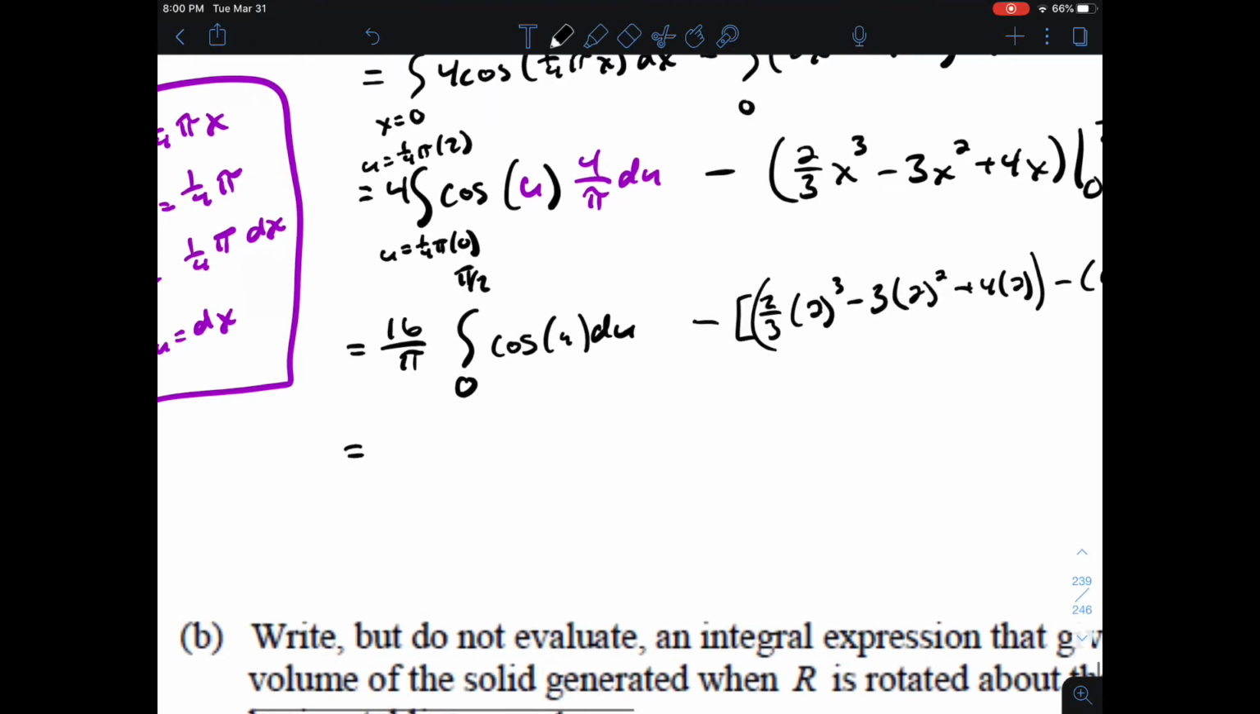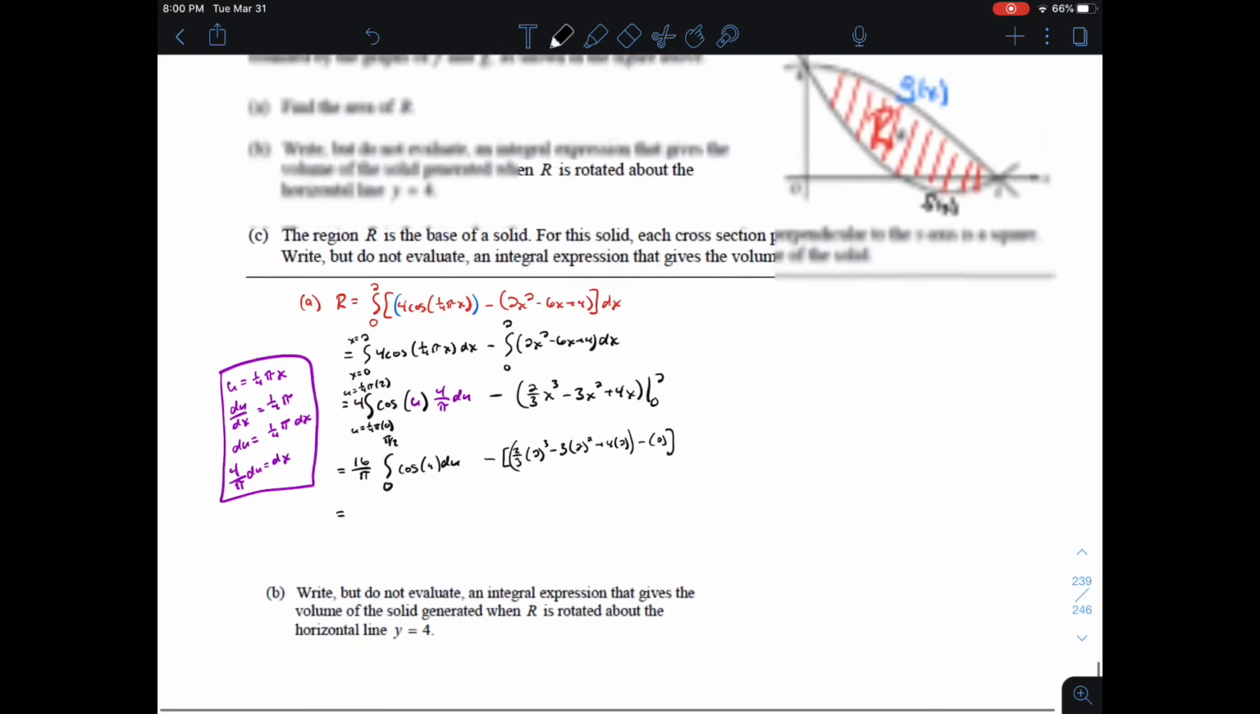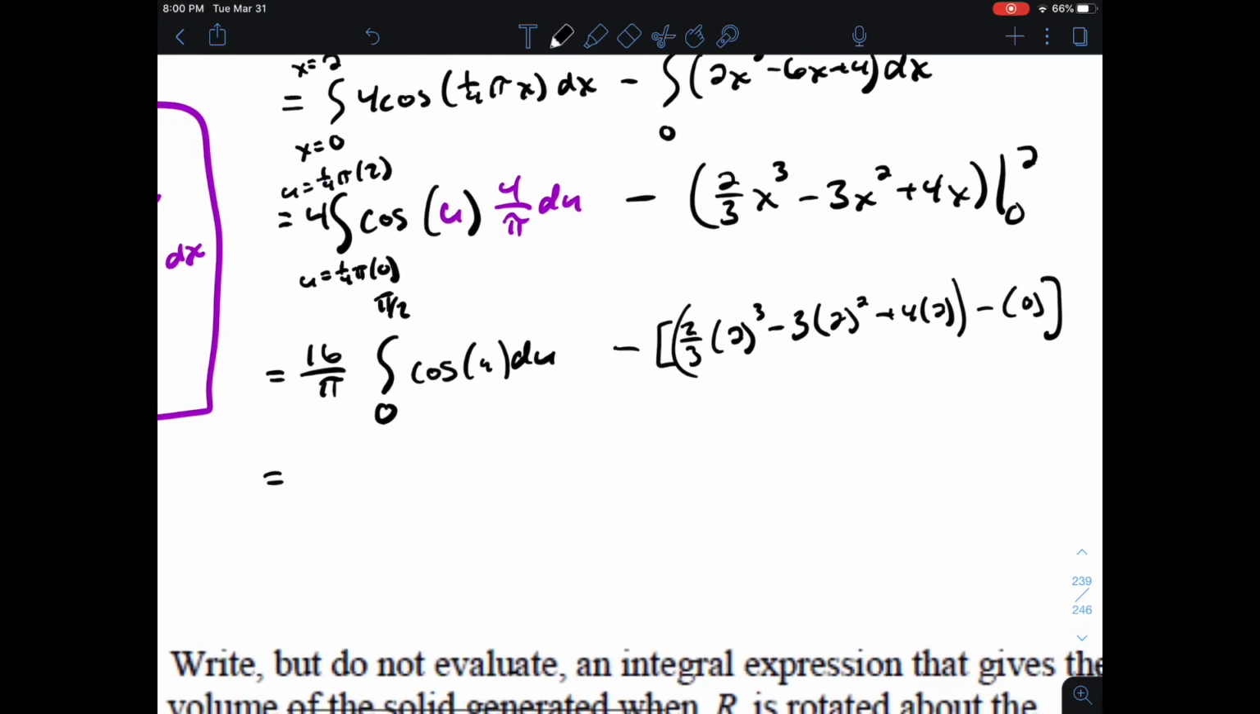This first integral, I've got a ton more work to do. I don't have a ton of space. I'll figure it out, I guess. I'm going to have 16 over pi. The antiderivative of cosine of u is sine of u. We're evaluating it from 0 to pi over 2. Subtracting from it this mess here,